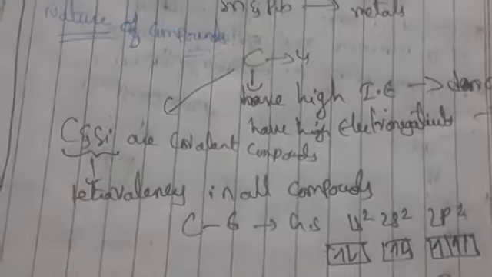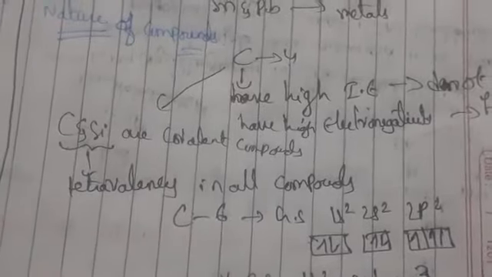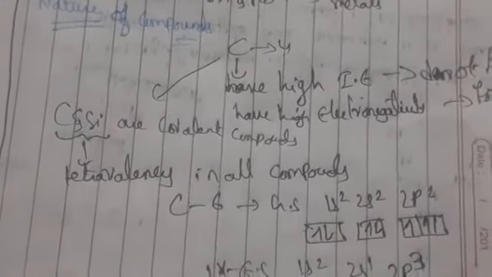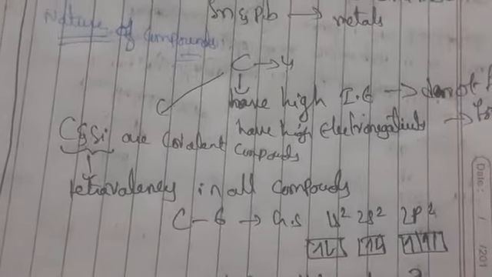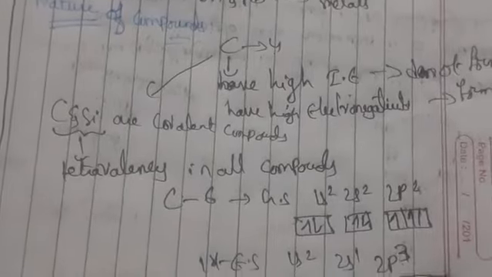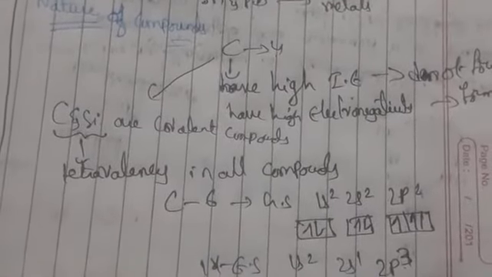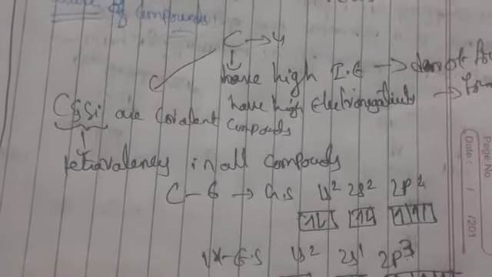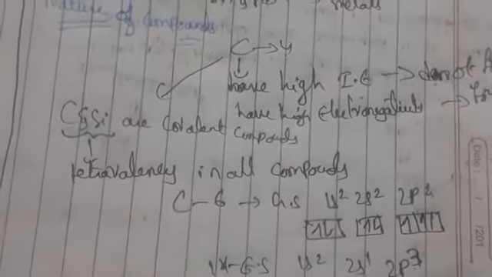So what about the remaining 3 elements, germanium, tin and lead? They will form M plus 4 ions as well as M plus 2 ions. Why? Because here the M plus 4 ions decrease whereas M plus 2 ions increase, because only their 2 unpaired electrons are taking part in bonding. So here the s electrons do not participate in bonding. If you see the electronic configuration of germanium, tin, lead, they are having d orbitals, so the s orbitals will not participate.